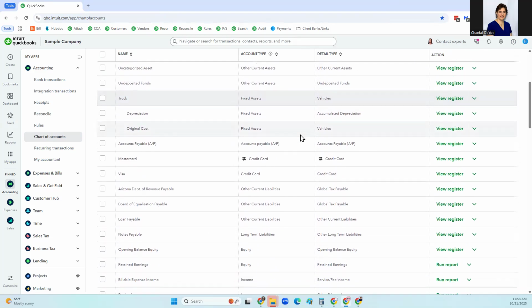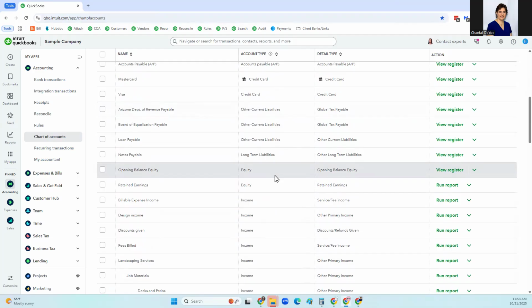But there are other things, such as money that we owe. For example, we might have a mortgage against our house. That's money that we owe. We might have a car payment. We might have a credit card payment. Those are all things that we owe, and those are called liabilities. That's another kind of account that we have in the chart of accounts. And pretty much all of us have stuff that we own and stuff that we owe. Even if we don't have any loans or anything on the books, we still probably owe some money to the utility companies at the end of the month, or we might have a credit card that we use and pay off every month, but we still owe that money. So that's called a liability.